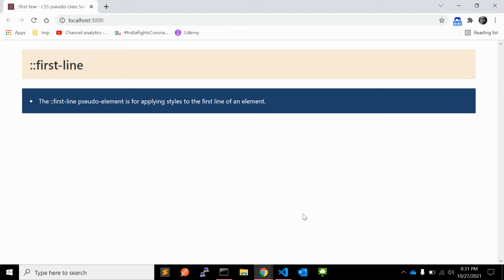The amount of text targeted by this pseudo element totally depends on several factors like line length, viewport width, font size, letter spacing, and word spacing. As soon as the line breaks, the text after that is no longer selected. Here, you have to note that there is no actual DOM element being selected, because that's the pseudo element. This pseudo element only works on block level elements.